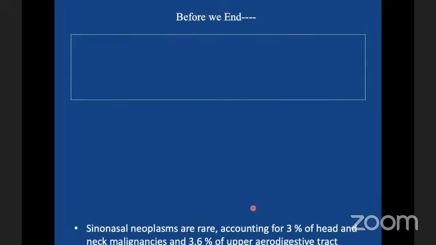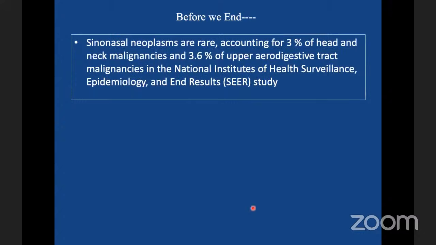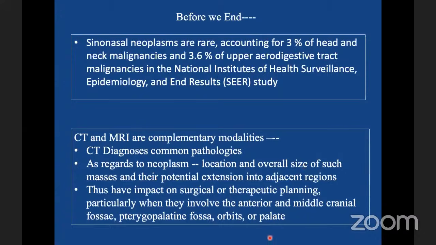So before we end, I would like to summarize by saying sinonasal neoplasms are rare, accounting for 3% of head and neck malignancies and 3.6% of upper aerodigestive tract malignancies in the National Institutes of Health Surveillance, Epidemiology and End Results studies. CT and MRI are complementary modalities. CT diagnoses common pathologies, as regards neoplasm, location and overall size of such masses and then potential extension into the adjacent area. Thus, our role is to help them plan their therapy,